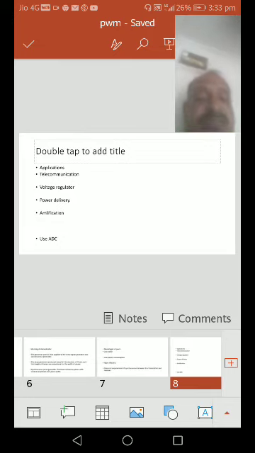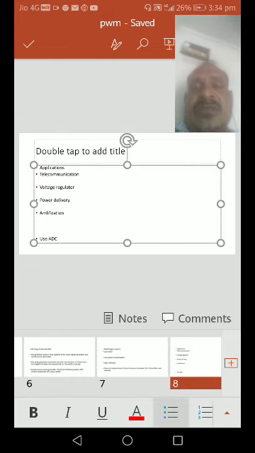Next are the applications. Pulse width modulation is used in telecommunication and also in voltage regulators. In telecommunication, we telecast information so that it reaches from one person to another, or one person to many persons. So these are the various ways of getting information from one user to another user, mainly using pulse width modulation.